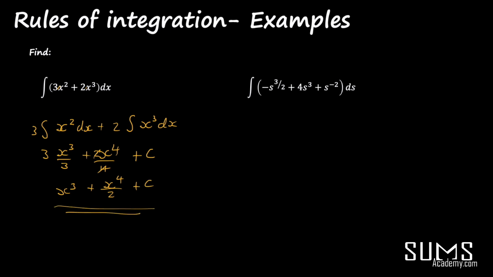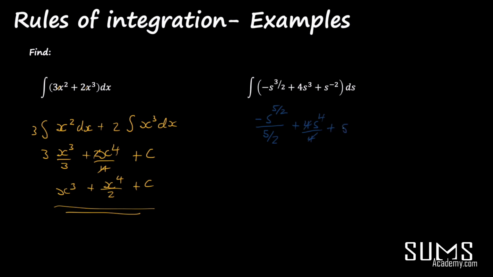Okay, then over here, this one, integral of s minus s to the power 3 over 2 plus 4s to the power 3 plus s to the minus 2 ds. So again, it's exactly the same. You want to increase this power and then divide by that power. So this becomes 5 over 2. This becomes negative s to the power of 5 over 2, and you want to divide by that 5 over 2. And then you go plus 4 s to the power of 4 divided by 4, so those 4s will cancel,